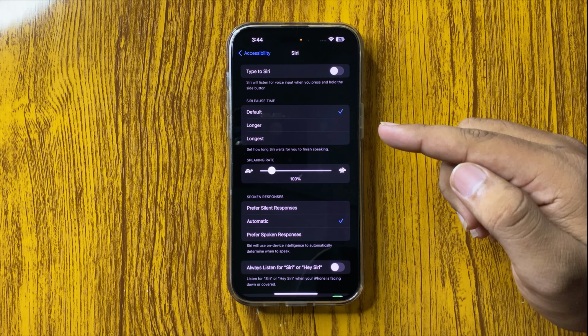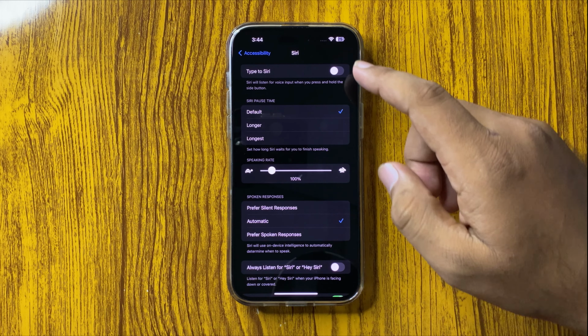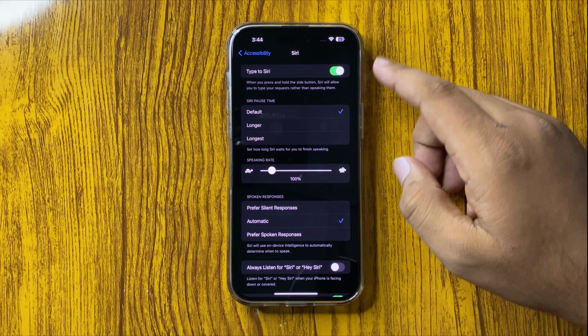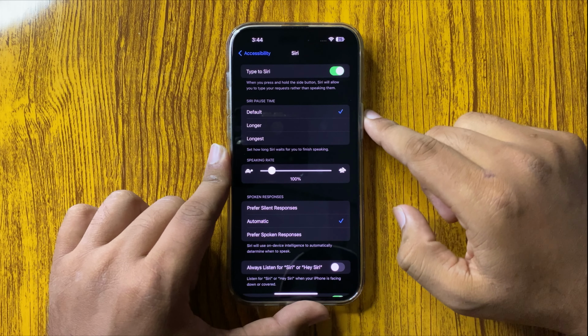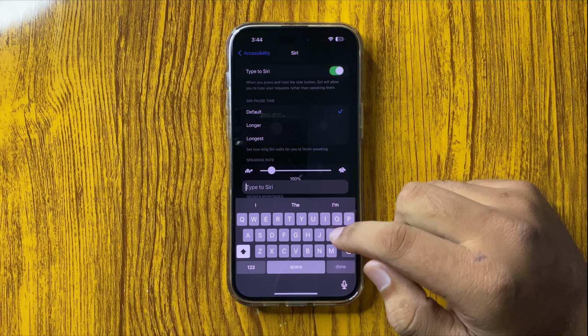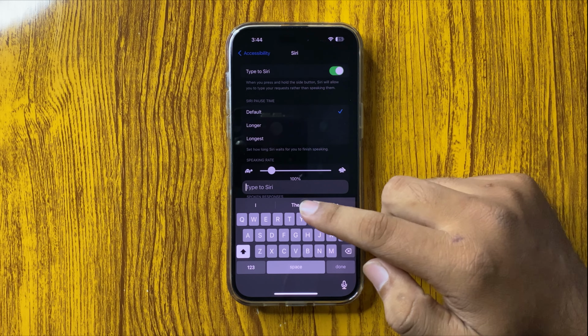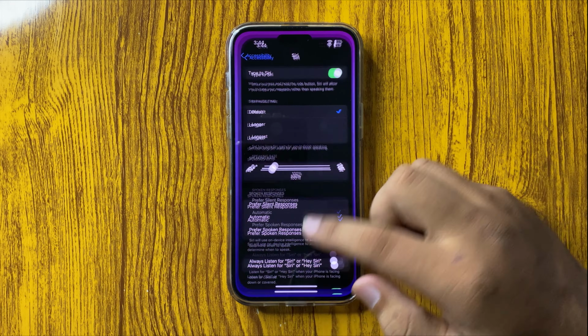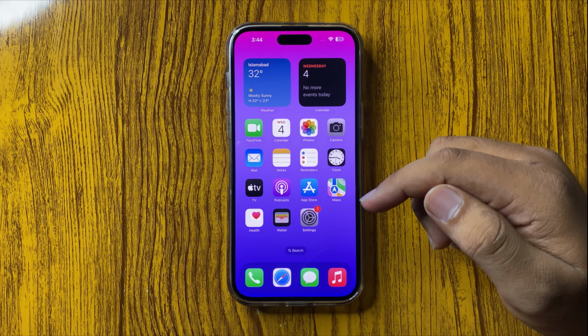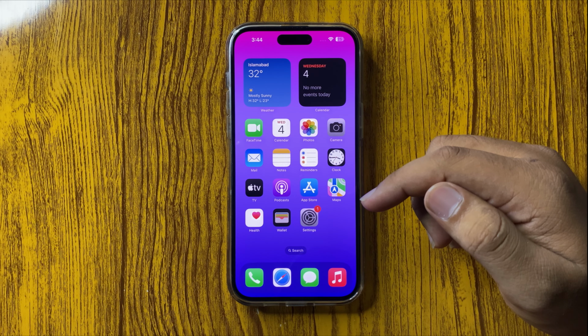But if you want to write requests to Siri, then tap on this button to turn it on, and now when you press and hold the power button, it will open the keyboard and you can write requests to Siri. So that's how you can type requests to Siri on your iPhone 16 Pro